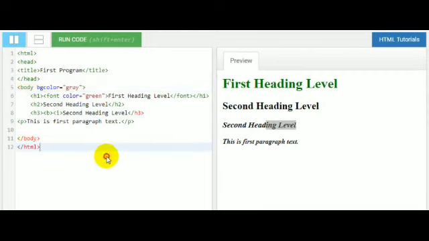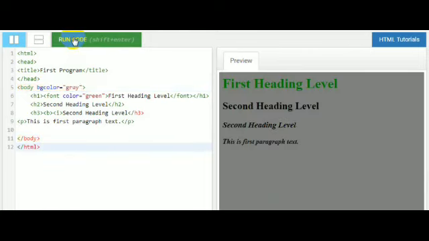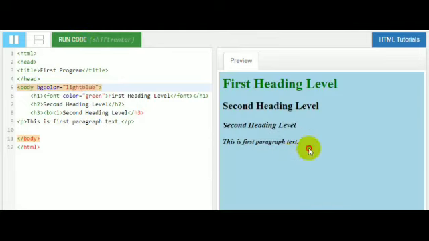You can use this format and just color it. Now you can clearly see that I have used body bgcolor. So what is it? It's a background color. Now I am going to change it to light blue color. I am checking and just running the code. So the whole background will be light blue.